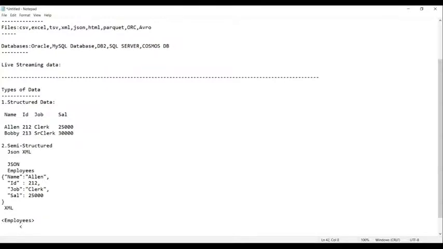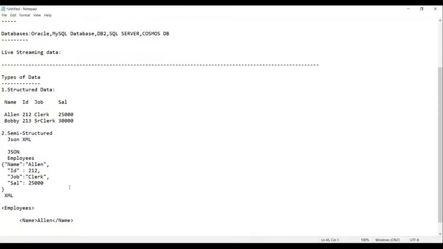What's the first row you have? Tell me now. Name. Yes. What is the name you have? Can you tell me, guys? Alan. And now again, close. That's it. Name. This is called an opening tag, and this is called a closing tag. Getting my point? Opening tag and closing tag. In between you have what is that? Employees.